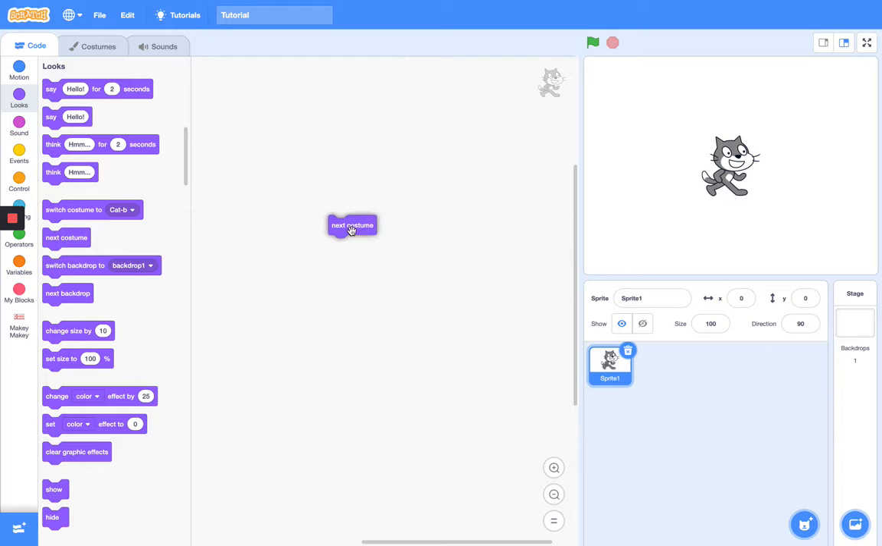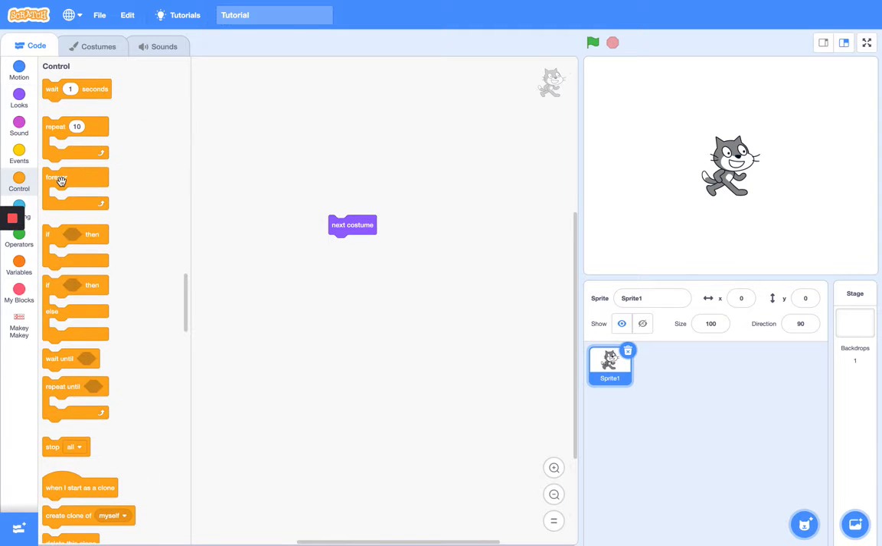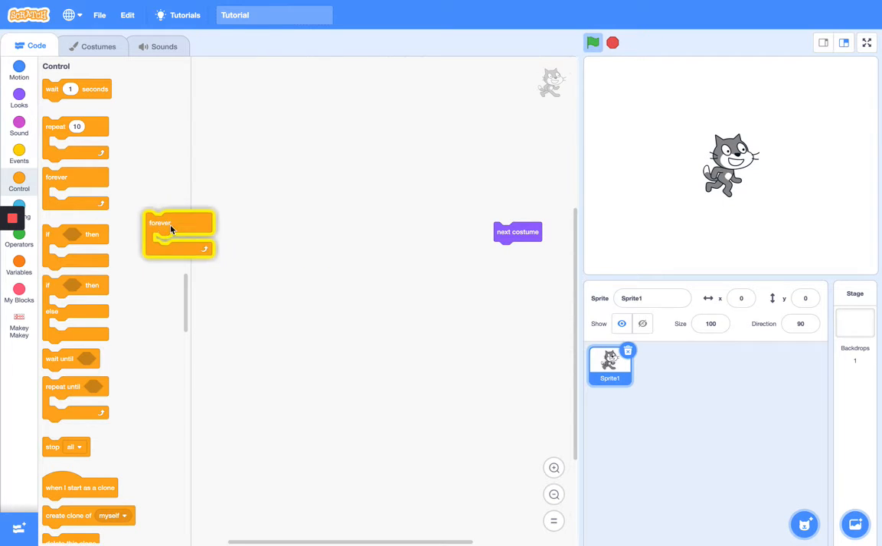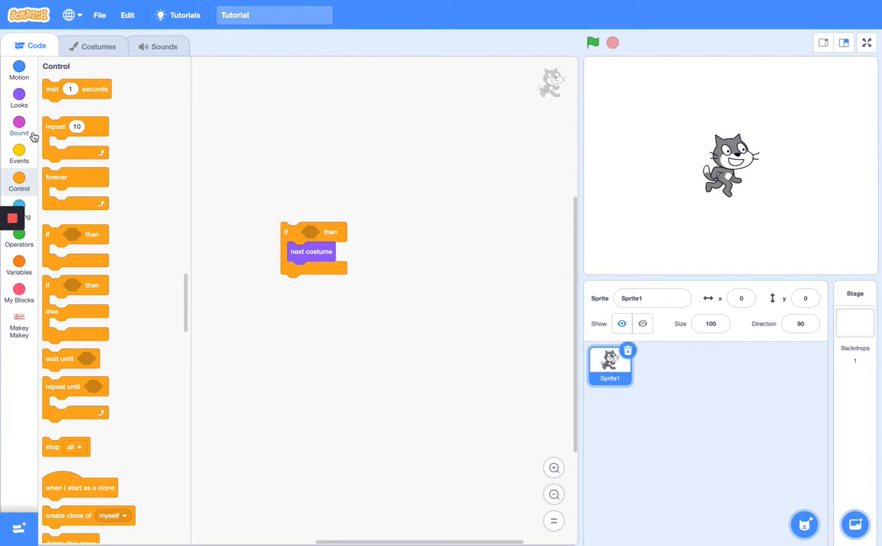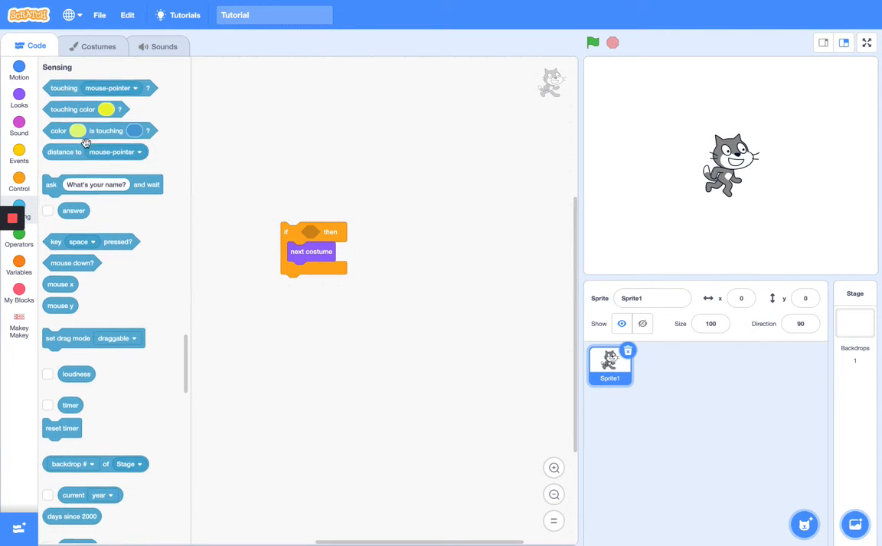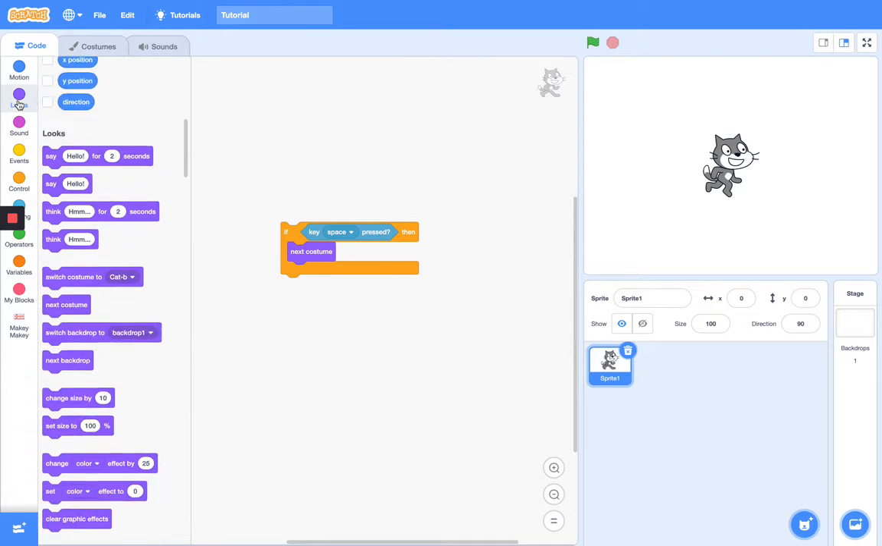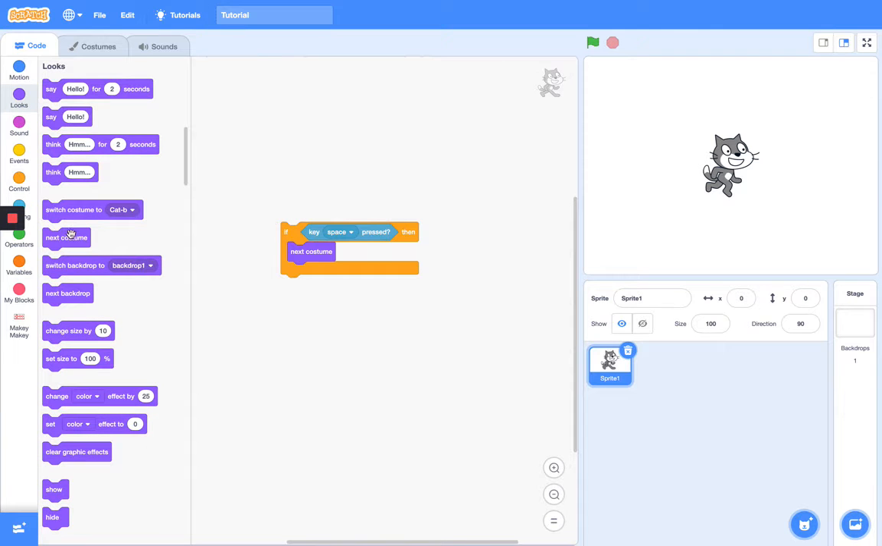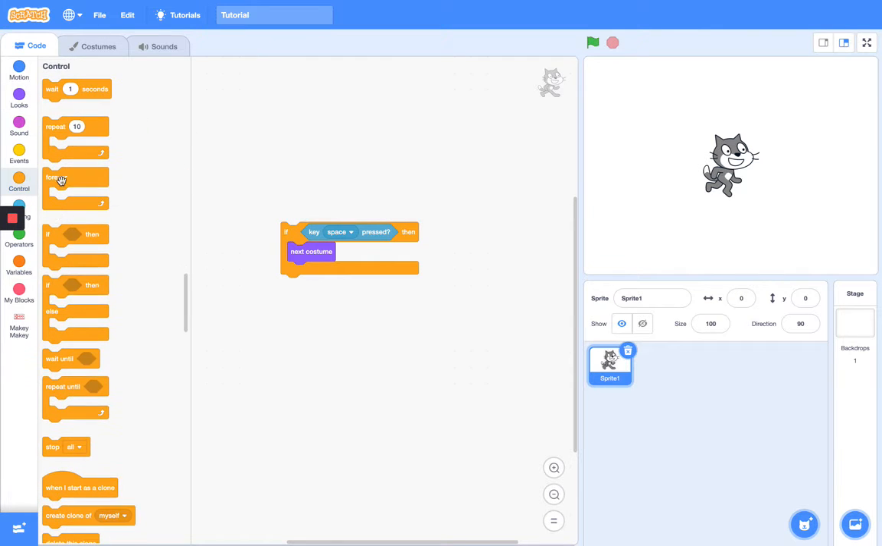And okay, next we have the next costume block. This is actually just that but shorter. This one just forever switches to the next costume, or we can say if key space is pressed, next costume. So when I press space, actually wait, we have to put this in a forever loop so it forever checks